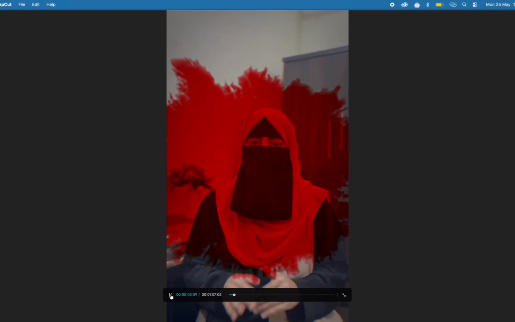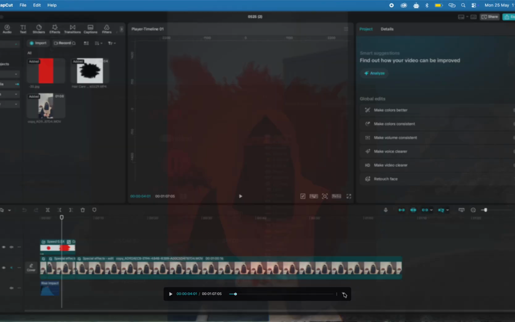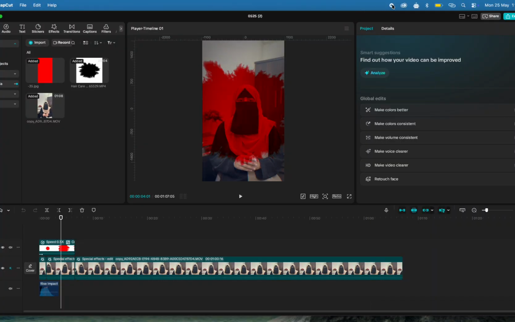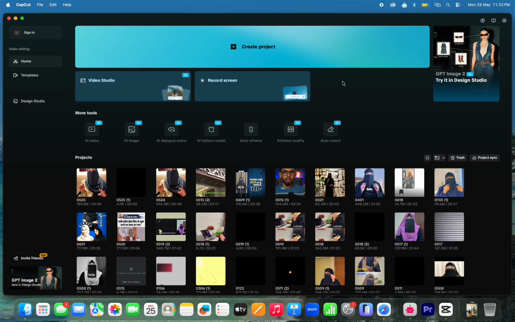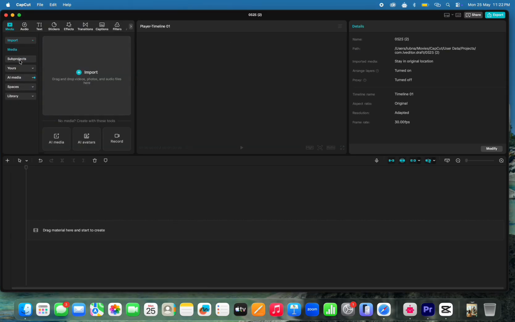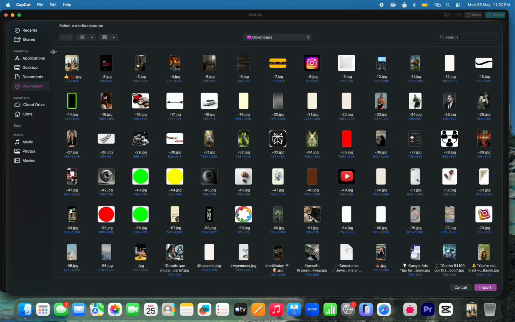Hey everyone, today in this video we will learn how to make this kind of ink effect in the CapCut application. Basically, this is a very in-demand effect and every client wants us to create this kind of design in their projects. So first of all, we have to come to our CapCut application and here I will import